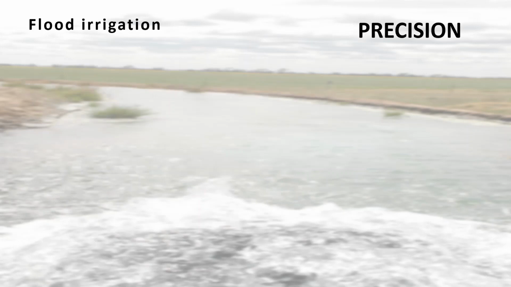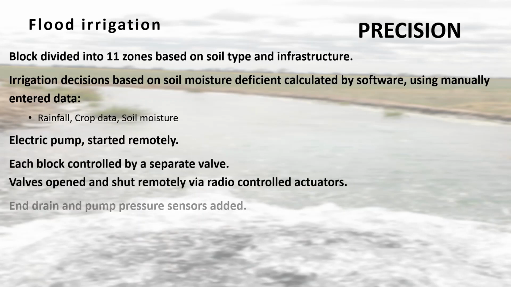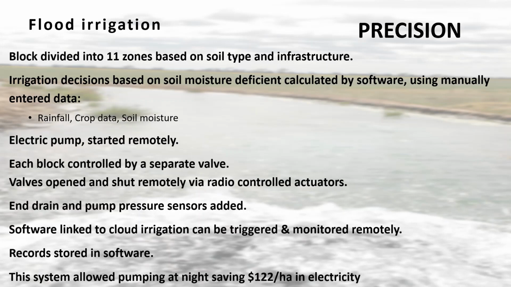So the grower decided the system could be improved. The goal was to save time and increase water use efficiency without incurring loss of production or increased operating costs. So the precision system divided the block into 11 zones based on their soil moisture holding. Each zone could be irrigated independently and remotely. To achieve this, the diesel pump was replaced with an electric drive, and the old manual valves were replaced with